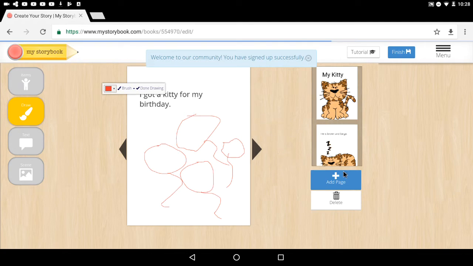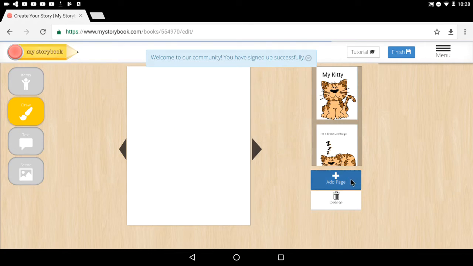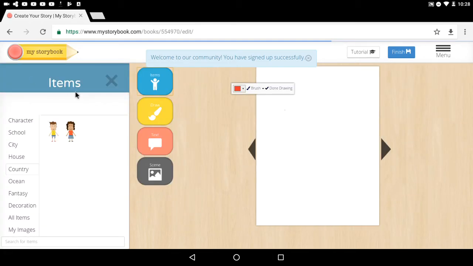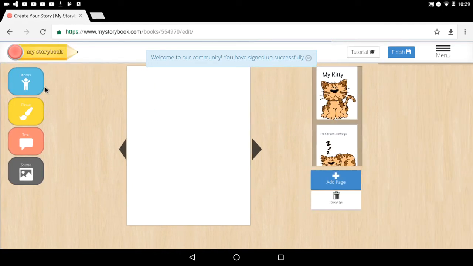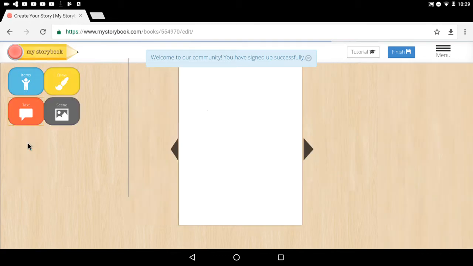And voila, I got a kitty for my birthday, and it's illustrated with my very own drawing of balloons. And finally, we're going to add our final page. And what we want to do is we're going to title this page I love my kitty. So again, you're going to click on that pink box,